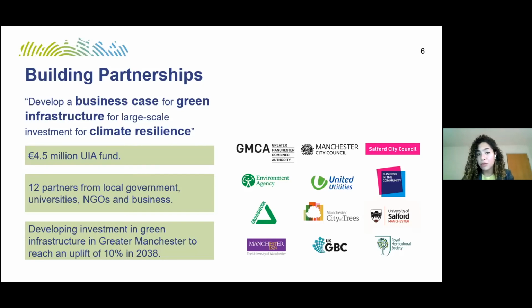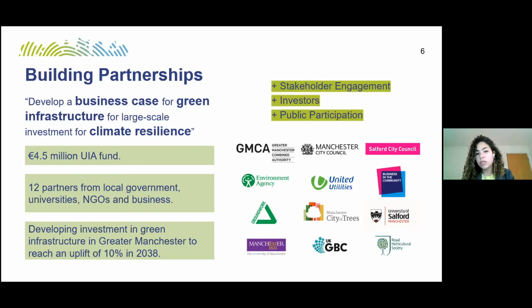And we have different stakeholders focusing on engagement as well, making sure that we take whatever data and information we gather within Ignition to the public so that they're on board as well. And this is just the start of building those partnerships. We do have the existing partners, but we are aiming to reach out to other stakeholders to make sure that they are on board with the project, to make sure that we can take the steps that we have made within Ignition further beyond the project.